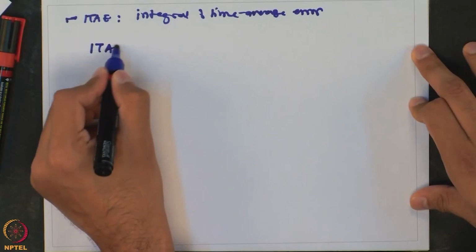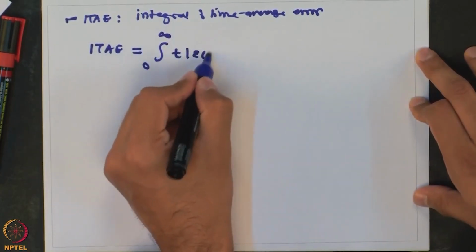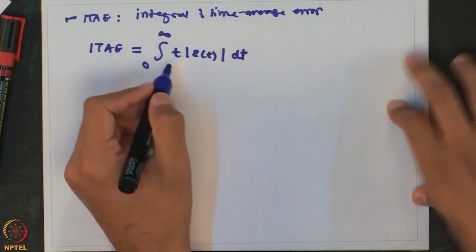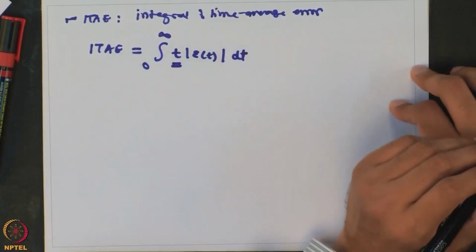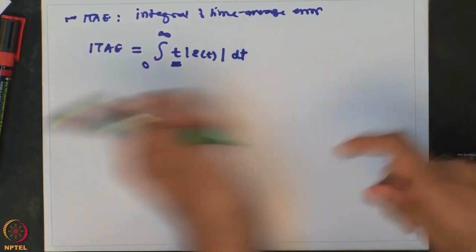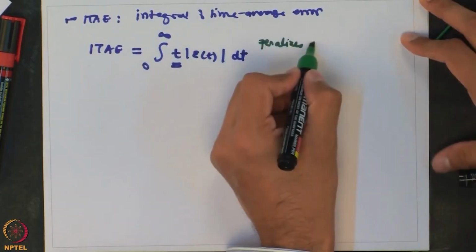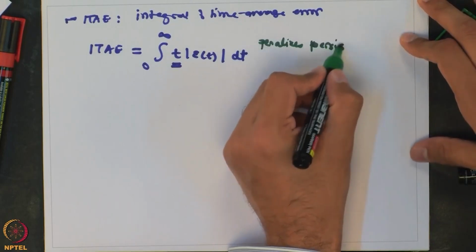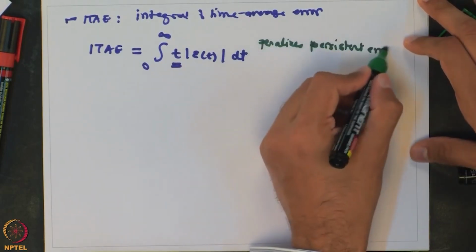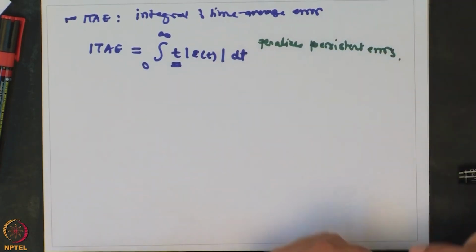So ITAE will be defined as integral of t times epsilon t dt. So if the error remains for a longer time, then the penalty will be more. So it will tend to penalize persistent errors. So these are the different criteria which somebody might enforce, and now let us look at what is the relationship